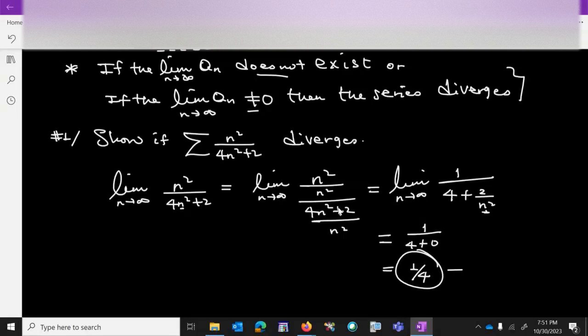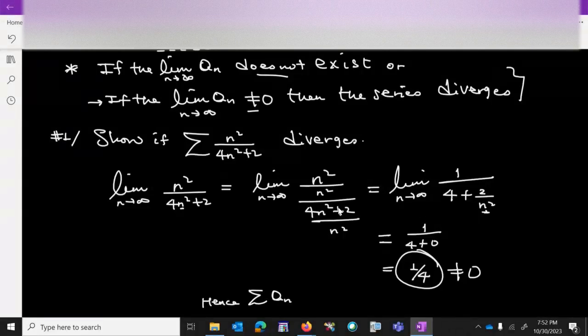The limit is different from 0 because 1 over 4 is not equal to 0. Since the limit is different from 0, by the second condition, if the limit of a sub n is different from 0, then the series diverges. Therefore, I can conclude that since the limit of the sequence is different from 0, my series a sub n